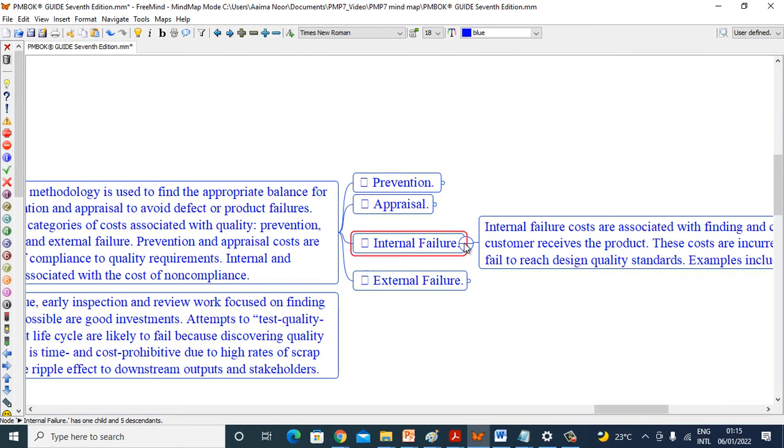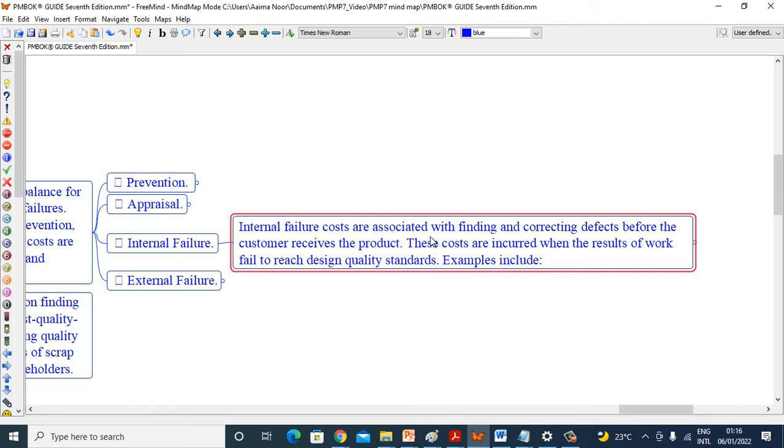Internal failure. Internal failure costs are associated with finding and correcting defects before the customer receives the product. These costs are incurred when the results of work fail to reach design quality standards. Examples include